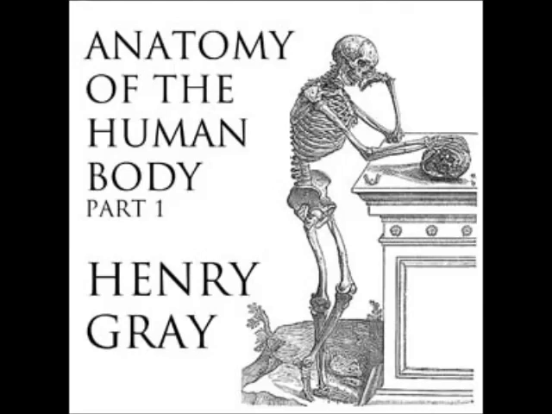Anatomy of the Human Body, Part 1, by Henry Gray. The Vertebral Column. Columna vertebralis, spinal column. The vertebral column is a flexuous and flexible column formed of a series of bones called vertebrae. The vertebrae are 33 in number and are grouped under the names cervical, thoracic, lumbar, sacral, and coccygeal, according to the